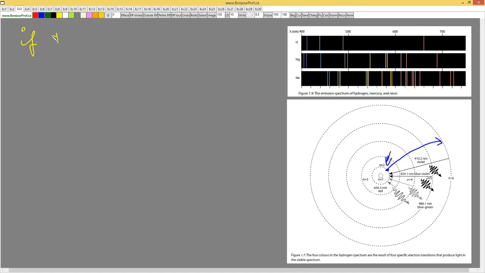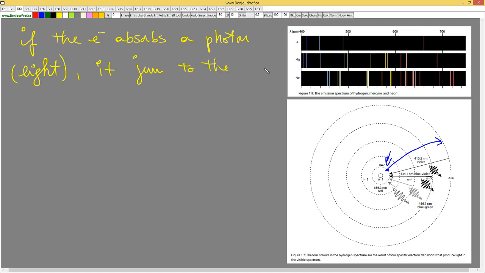If the electron absorbs a photon, a photon is light, light color, it will jump to the level where the difference of the two levels, where it is and where it goes, these two levels,